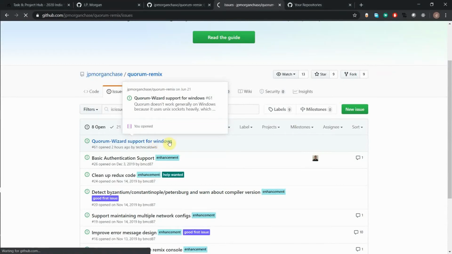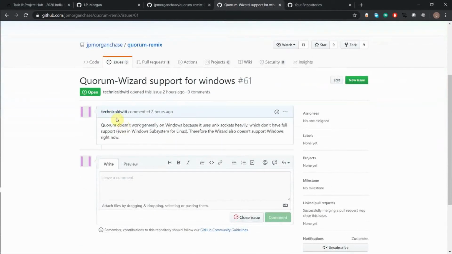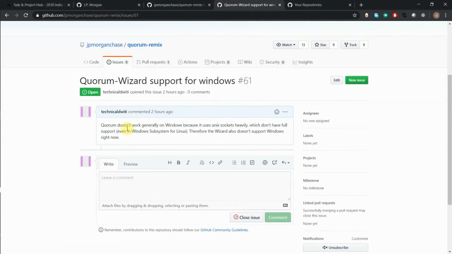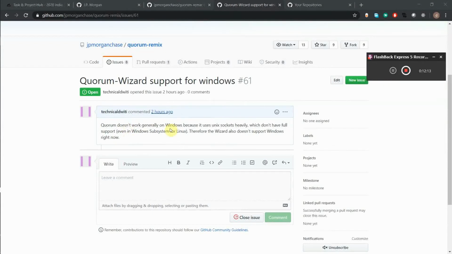That's why I have raised an issue here. You can see my name. I raised an issue today only, about 2 hours ago, because after trying everything, I found that I could not solve it. So I have raised an issue here, so that someone can come and fix it, so that Windows users can also contribute